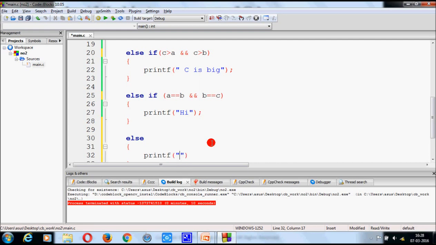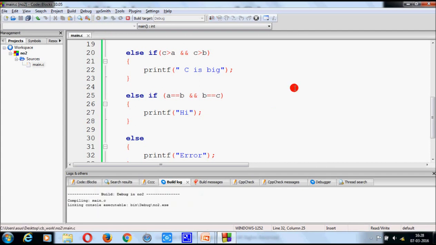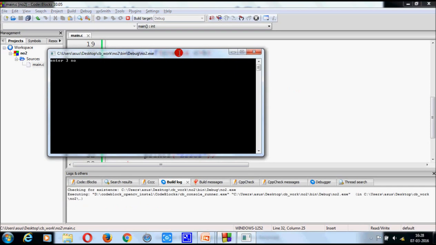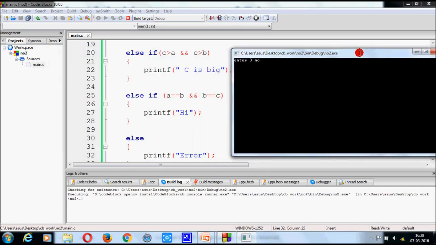This else section is actually optional. Now run this program. Yes, you get high.